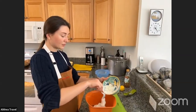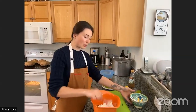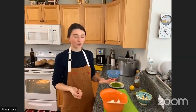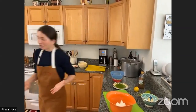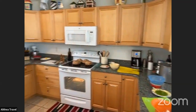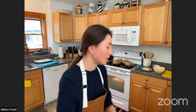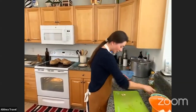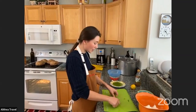So here I don't really use the measurements, because I like to have a lot of cucumber, and so I just add the yogurt. I mean, just watching, like not using any measurement. So, and what we need is some garlic. I think I will use the small one because Jessie loves garlic, but